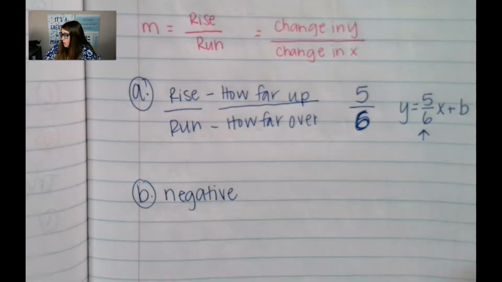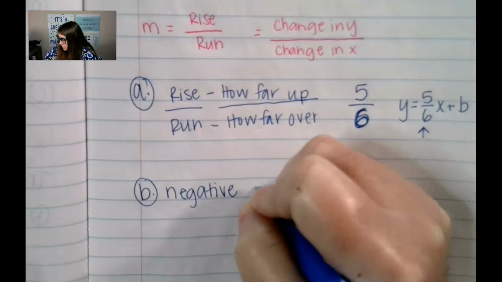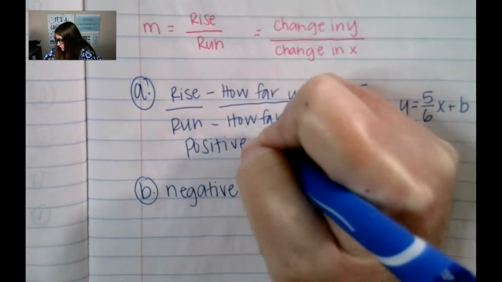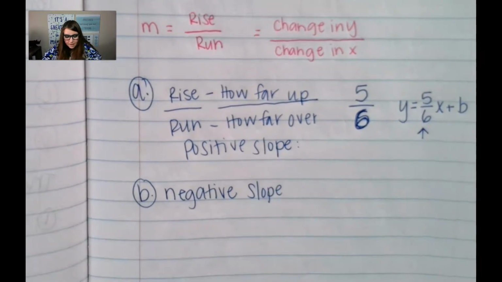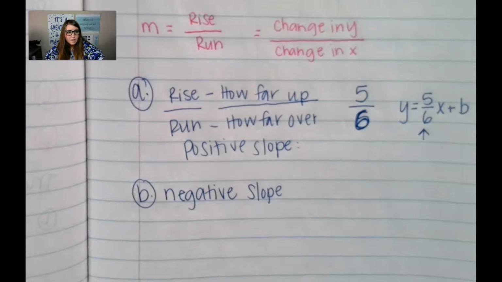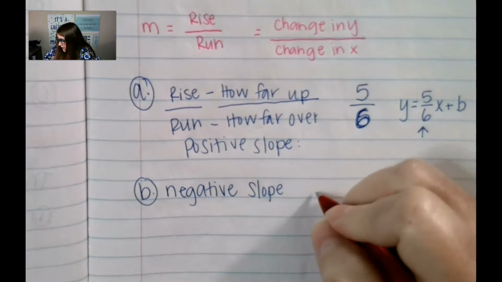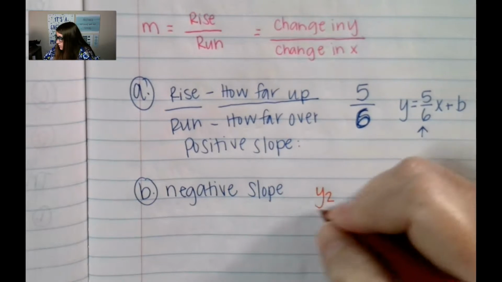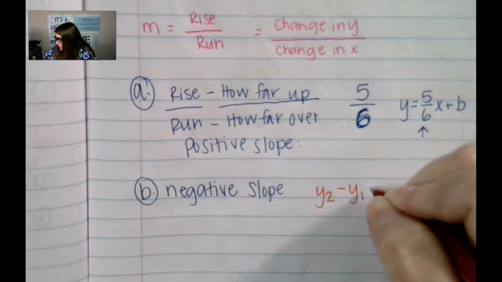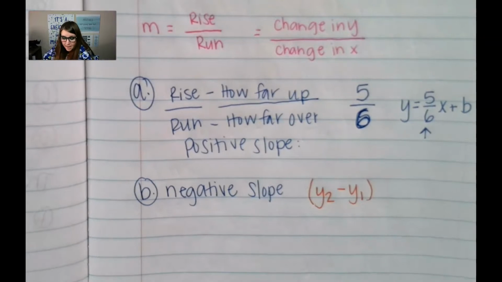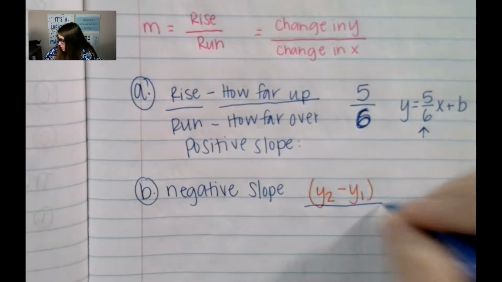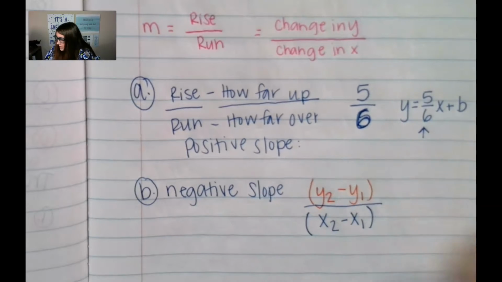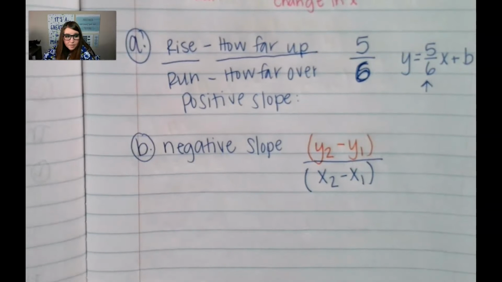All right, so we have a negative slope, and this one was a positive slope. So the way that we found this was by using the y points of the ordered pairs. So we took y2 and we subtracted it from y1 first. And then after we did that, we took x number 2 and x number 1 and subtracted those points. That gave us